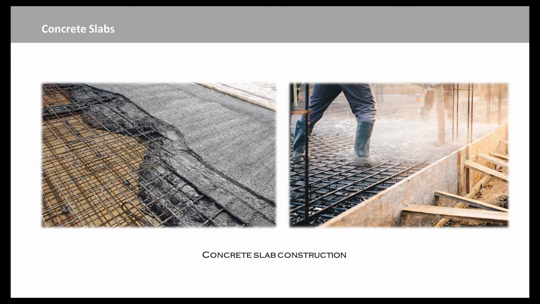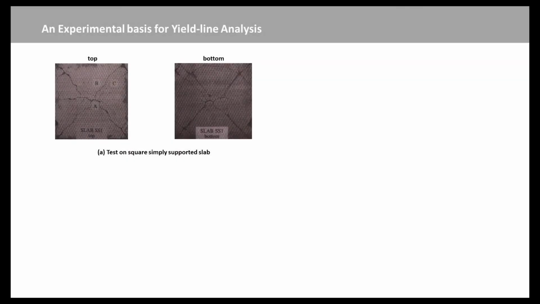Yield line theory is similar to the method of finding the collapse loads of steel structures. Figure A shows a square slab with reinforcement parallel to the sides of the plate. The edges were supported to prevent vertical movement, but offered minimal resistance to rotation, called simply supported edges. On the tension side of the slab, the underside of a floor slab, but called the top in the figure because the test rig applies an upward load to the slab.